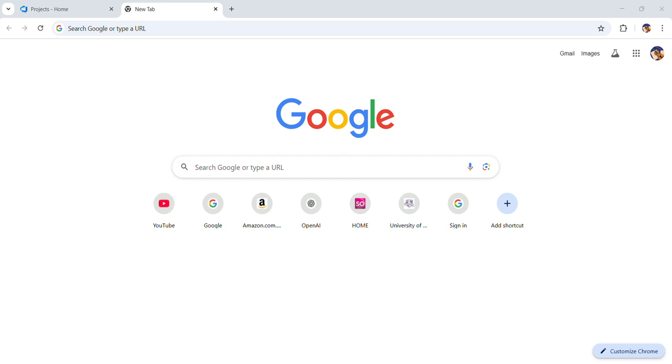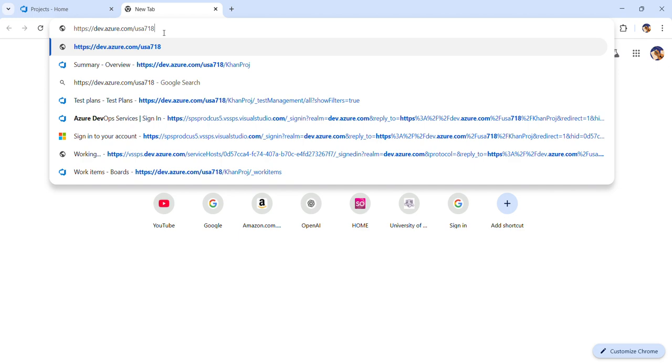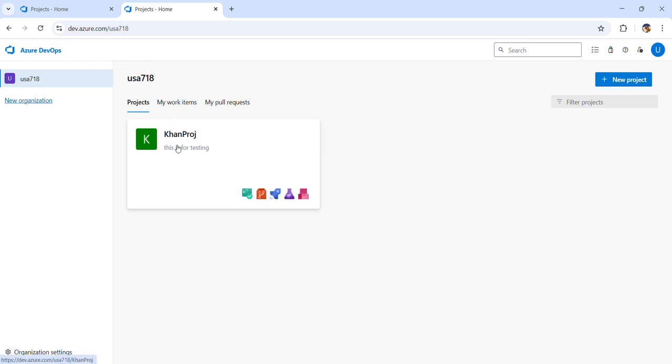First, I'm going to copy the DevOps URL, go to your browser and paste it there. It will take you to a login screen, and you log into your Azure DevOps. The first thing you're going to see is your project name. Click on the project name